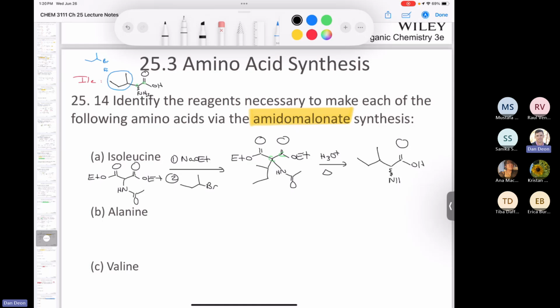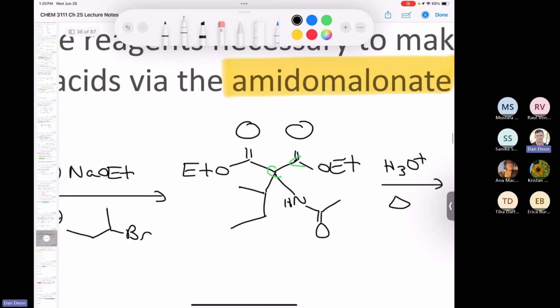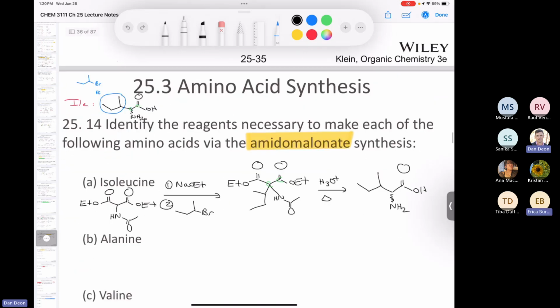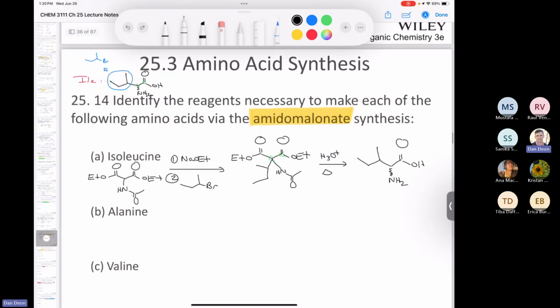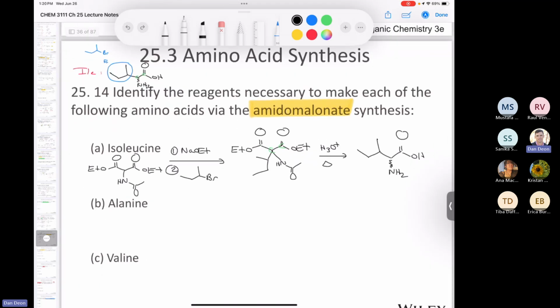And remember, the H3O plus is going to hydrolyze this amide bond. It's going to hydrolyze this ester, it's going to hydrolyze this ester, and then it undergoes a decarboxylation where you lose CO2. So carbon dioxide is lost in this process, and that's one of the reasons why it's irreversible, because you form a gas. So we end up with isoleucine, and the 3-letter